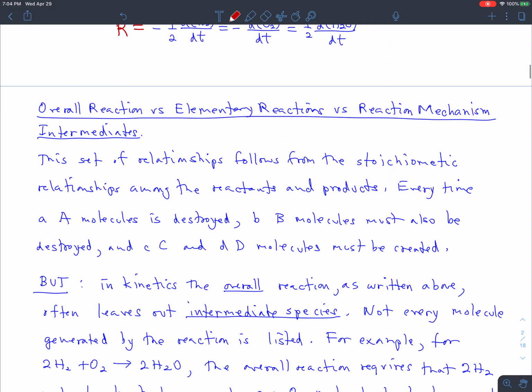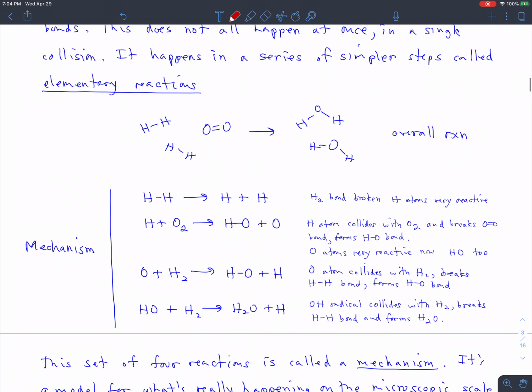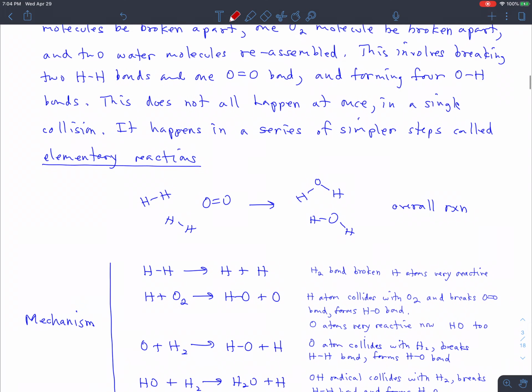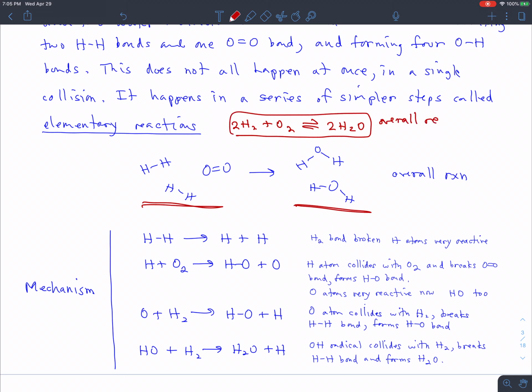I mentioned just now overall reactions versus elementary reactions, and I said something about the difference between them, but let's talk a lot more about that, because the concept and properties and uses of elementary reactions is really central to all of kinetics. Let's suppose we have our water-forming reaction here. This is 2H2 plus O2 goes to 2H2O again. And here I've drawn out the actual molecules to emphasize the fact that a lot is going on in this overall reaction. This is not an elementary reaction. This is an overall reaction,